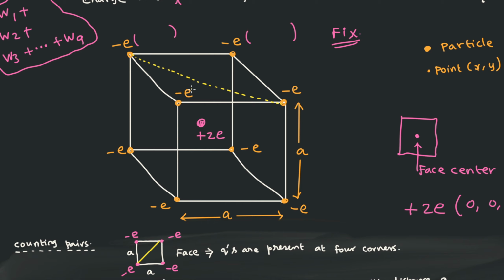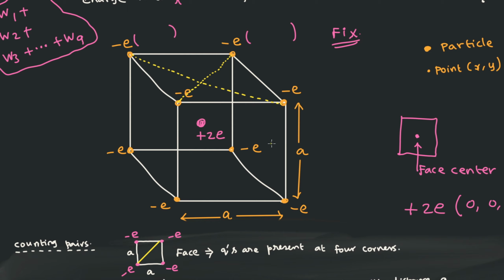Is this the only way? No. You can also connect like this. This is also a face diagonal, and both the distances are equal. So this is your second pair. So the first pair and second pair are now obtained on the top side. Similarly, on the left face, this is one face, and then the front face, then you have a bottom face, then you have a right side face.